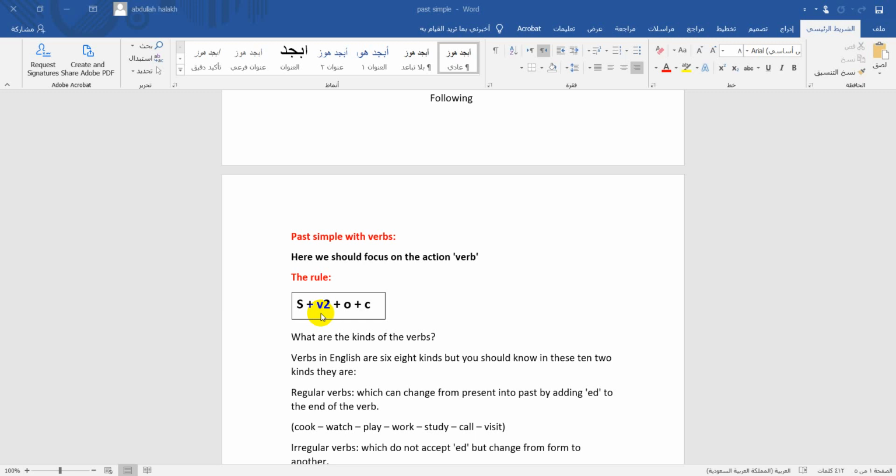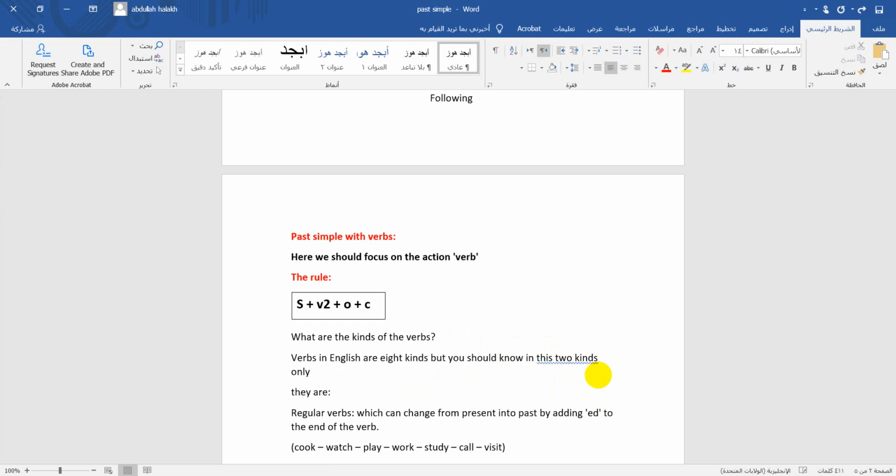Verbs in English language are 8 kinds, but you should know in this tense, okay, 2 kinds only. So what are those kinds of the verb? They are